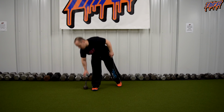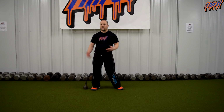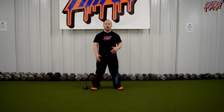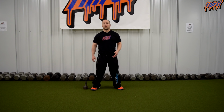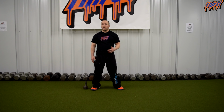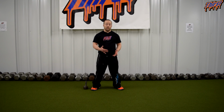This is an exercise that you would program for probably 3 to 4 sets of anywhere from 6 to 10 reps per leg. Every now and then you might get into your 12s, just depending upon where you're at in your training program. Just remember from a program consideration with athletes that this is a very eccentric heavy exercise for the hamstrings, which is great for sports performance, but also remember from an in-season or preseason perspective how much your athlete might be running or sprinting, and that this is placed in proper places, try saying that 5 times fast,